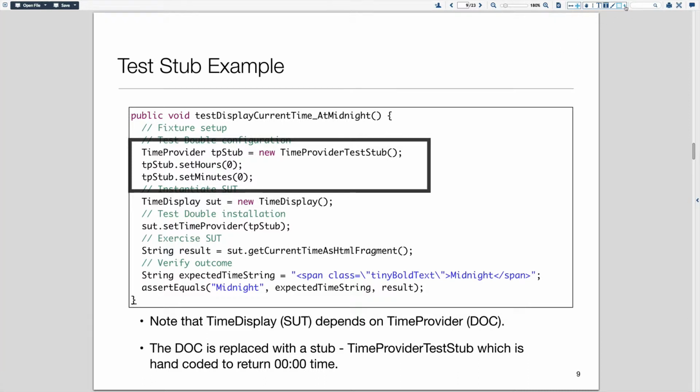Once we've created our stub, we're then creating our SUT, the system under test, the time display object, and then crucially, once we've created a time display object, we are installing the stub into the time display object by calling set time provider. Now our system under test is going to be using a fake or a stubbed version of the dependent upon